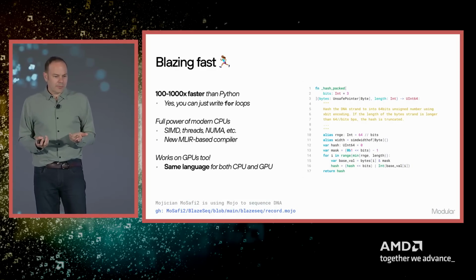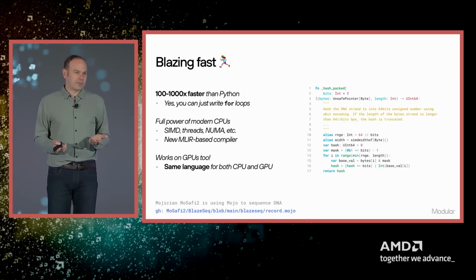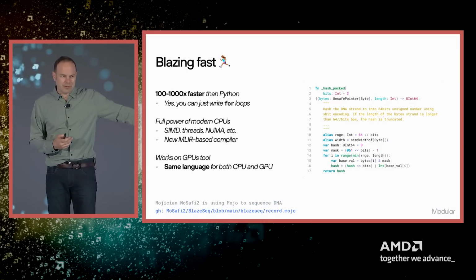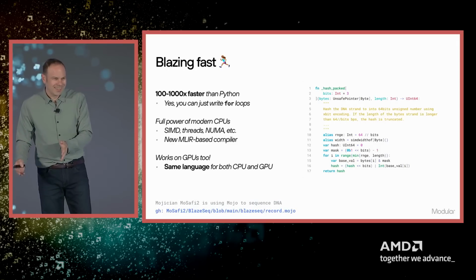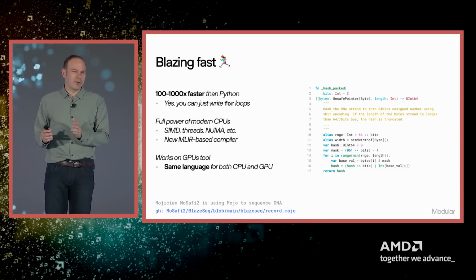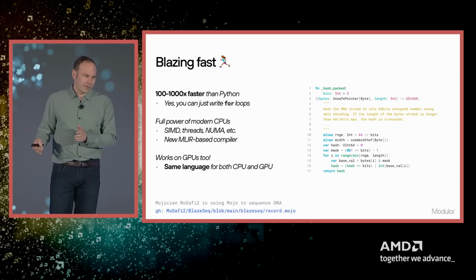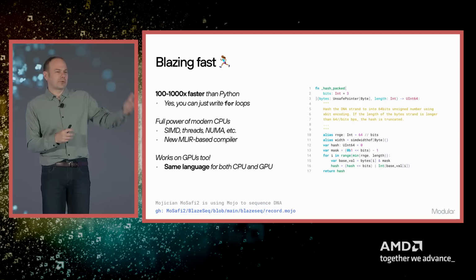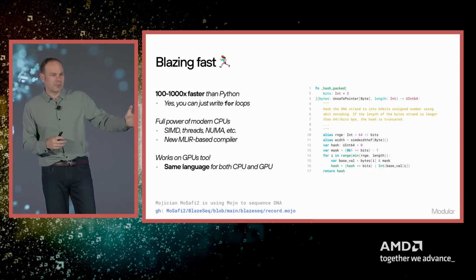Now, I mentioned performance. Well, what do I mean by that? Well, Mojo is actually quite fast. So when you talk Python, people start thinking about, okay, well, is it faster than Python? And the answer is, unless you're doing something really wrong, obviously it's faster than Python. We measure instead from what is the speed of light of the hardware. We want to be faster than ROCm. We want to be faster than CUDA. We want to be faster than C and C++.